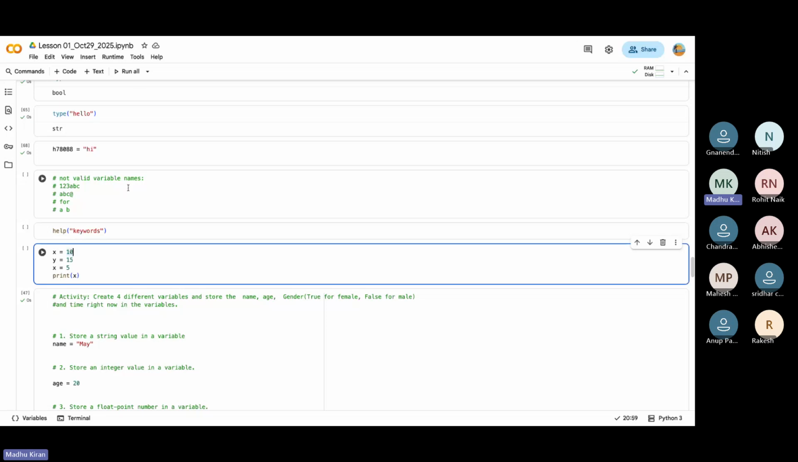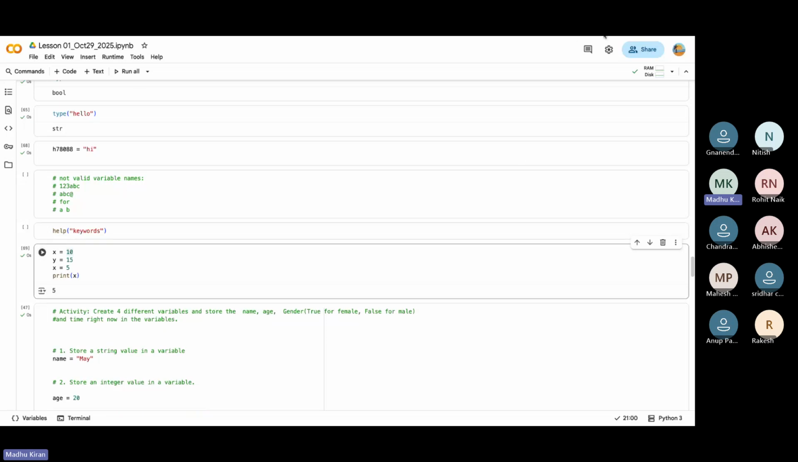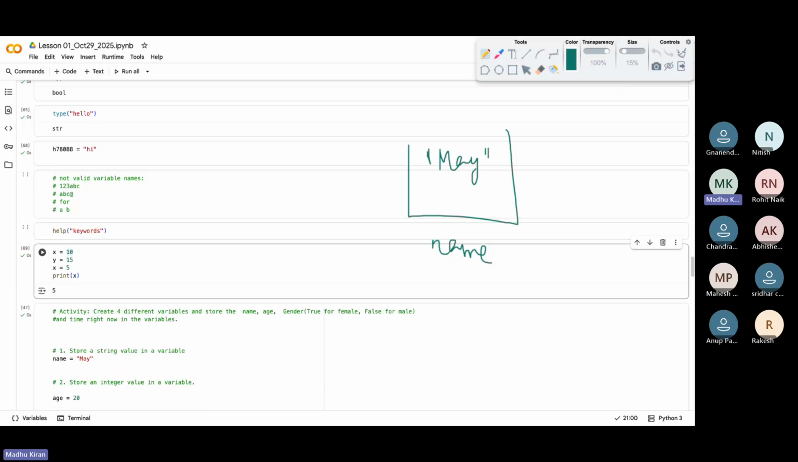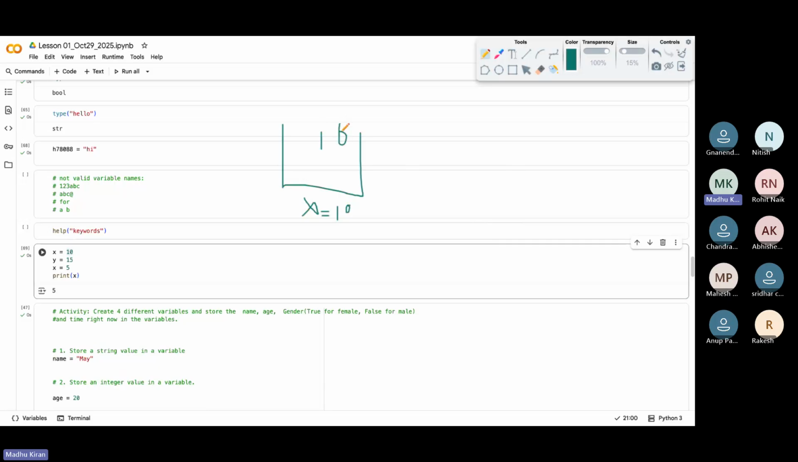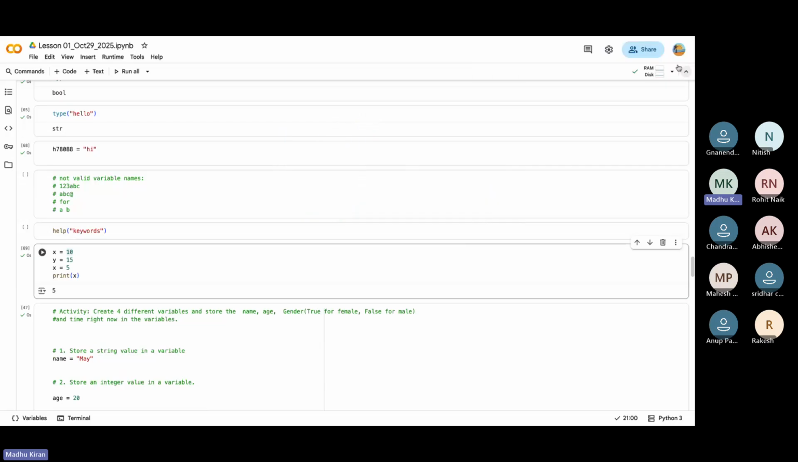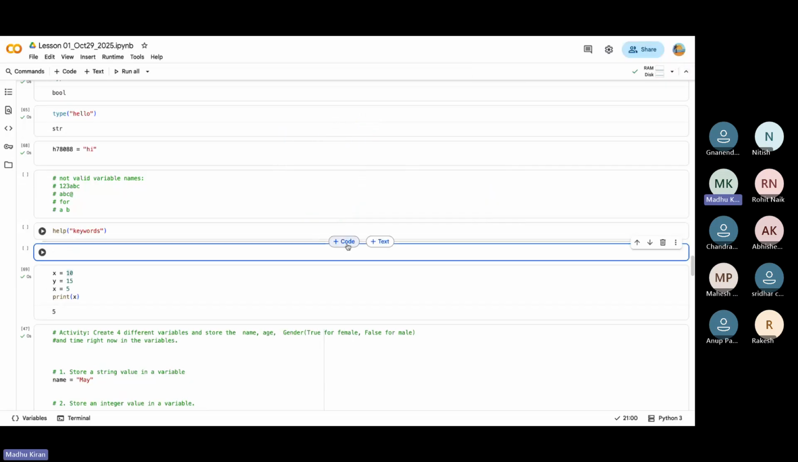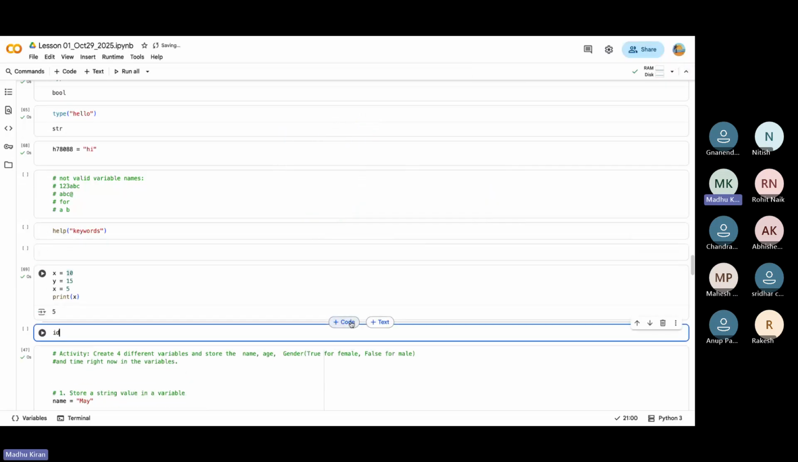So when you create two variables of same name, what happens is, you're creating x equal to 10. But now just understand that you have stored this variable 10, and then when you're creating x equal to 5, you're going to replace this 10 with 5 here. But technically in the backend, if you now check ID of x,